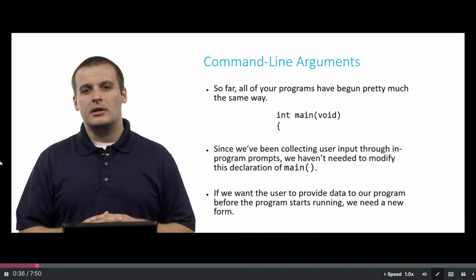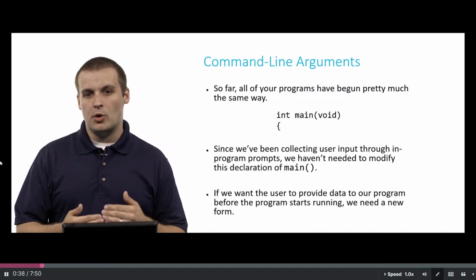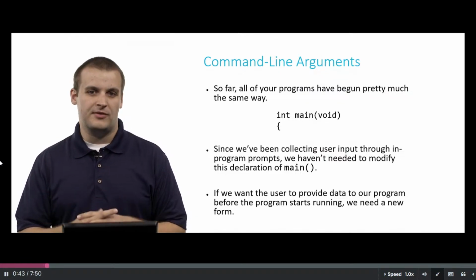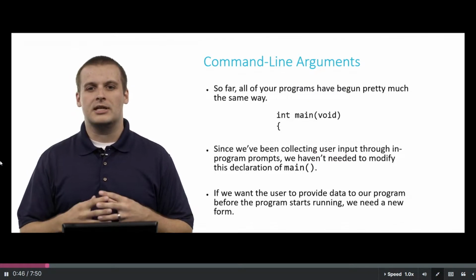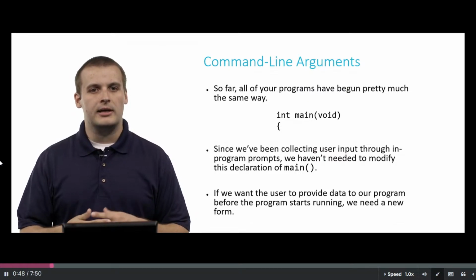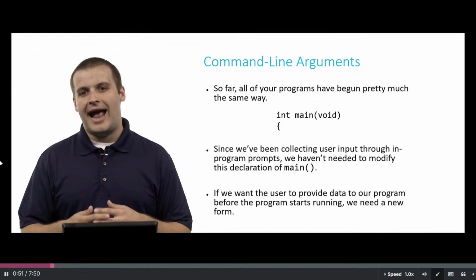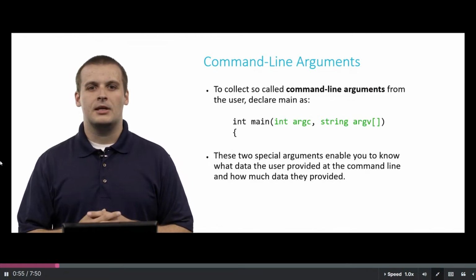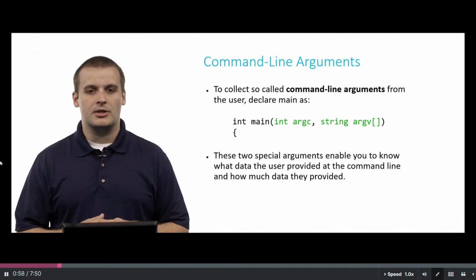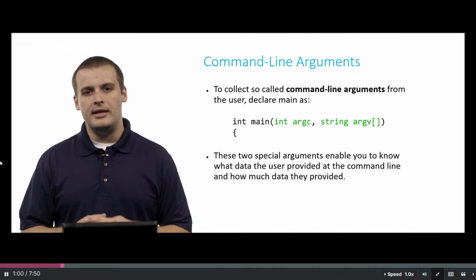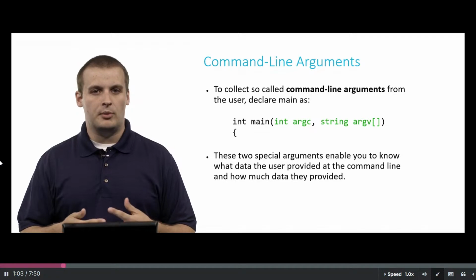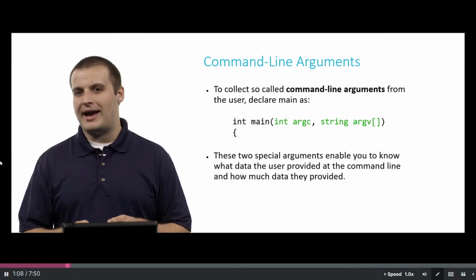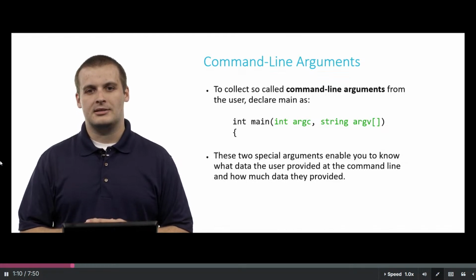There is another way, though, and if we want our users to be able to provide data to our program at runtime instead of while the program is running, a subtle distinction, but sometimes a very useful one, we need a new form of declaring main. We can't use int main(void) if we want to collect other data at the command line when the user runs their program, hence command line arguments. To collect these command line arguments from the user, change your declaration of main to look like this: int main(int argc, string argv[]) {